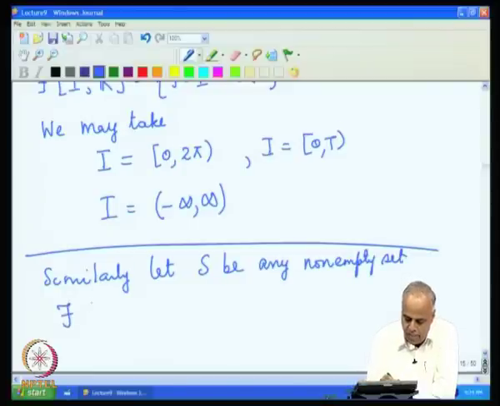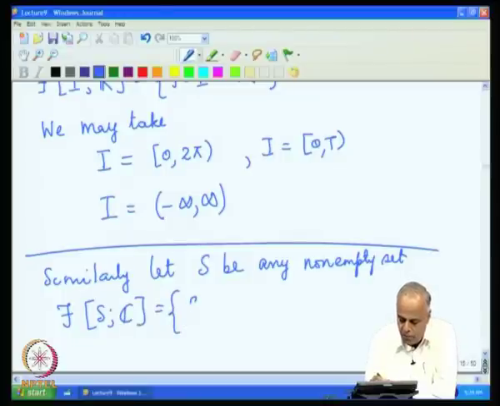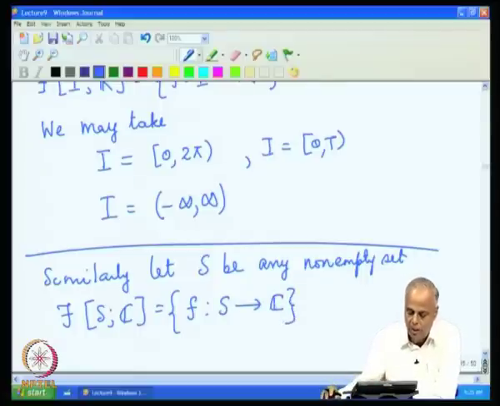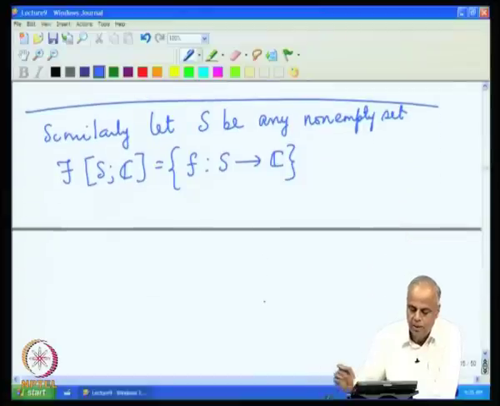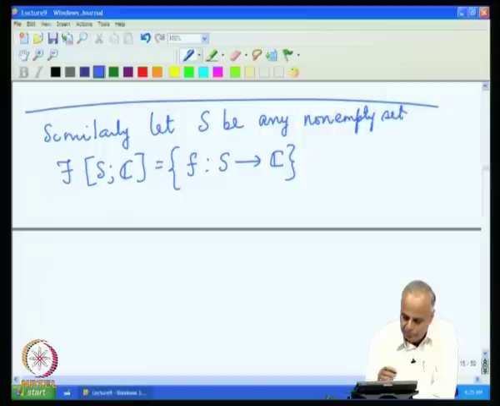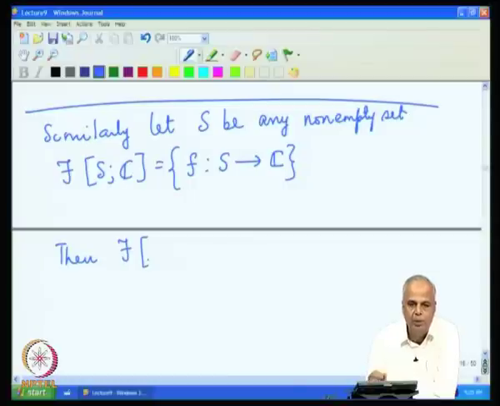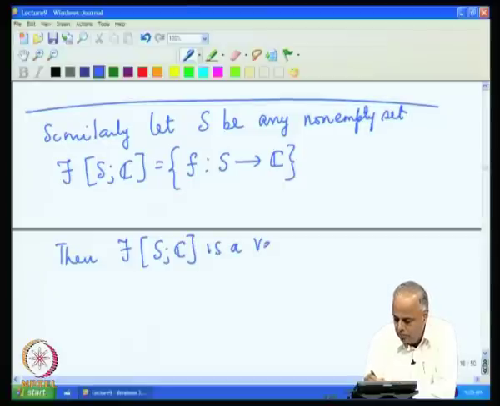Then look at F(S, C), the collection of all functions which map from S to C. If the laws of addition and scalar multiplication are usual, again pointwise, the values are added pointwise,